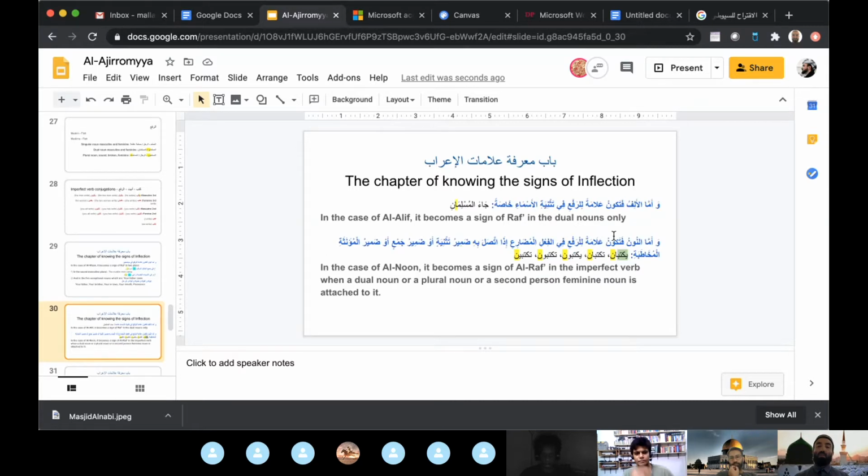وأما الألف, the Muallif says رحمه الله, وأما الألف فتكون علامة للرفع في تثنية الأسماء خاصة. And this is actually the first material from the book that we're covering today. The author rahimahullah says, in the case of al-alif, it becomes,